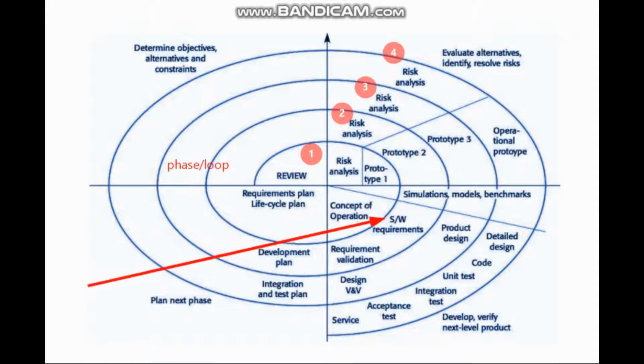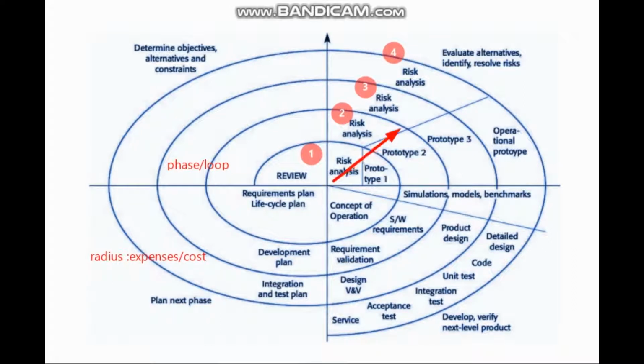So this is called the radius. What does the radius indicate? The radius indicates the cost or the expense that is carried out. The radius will indicate the expenses or cost that are carried out during the development, right?